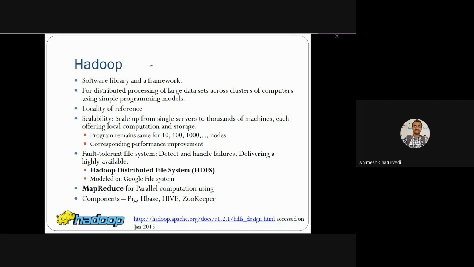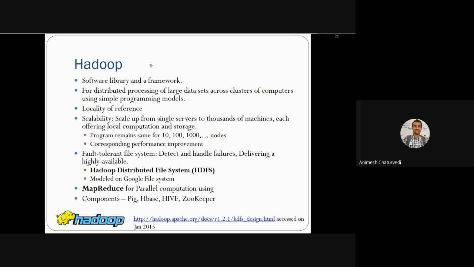Earlier starting was done by the Google File System. A similar model and architecture were replicated and copied to HDFS. So HDFS and GFS are almost similar types of distributed file system. Both of them do MapReduce for parallel computation.